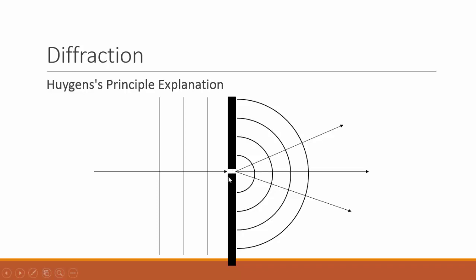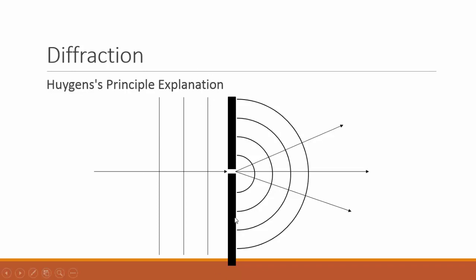But as they go through a small hole, Huygens' principle tells us that the wavefront is essentially the same as putting a bunch of small wavelets caused at that one point. Like if you were bobbing up and down a bob in water or a stick in water, you would send out spherical ripples. Now, if you do that with a bunch of things all in a line, they make a long crest,